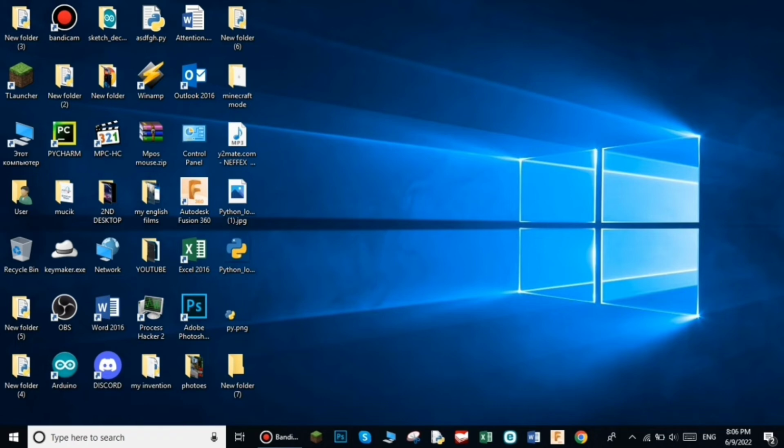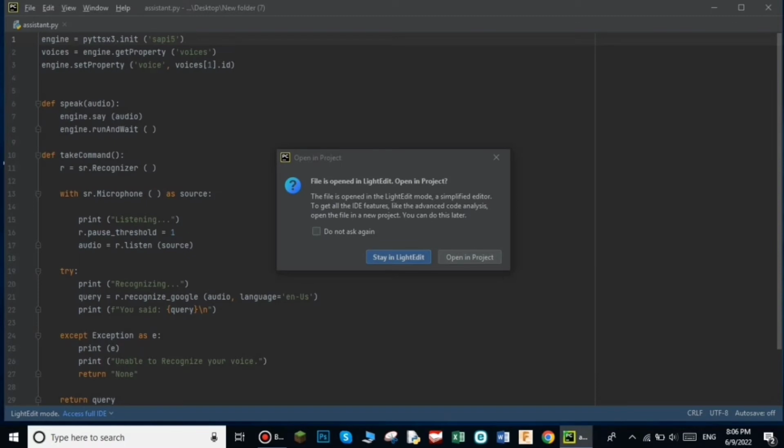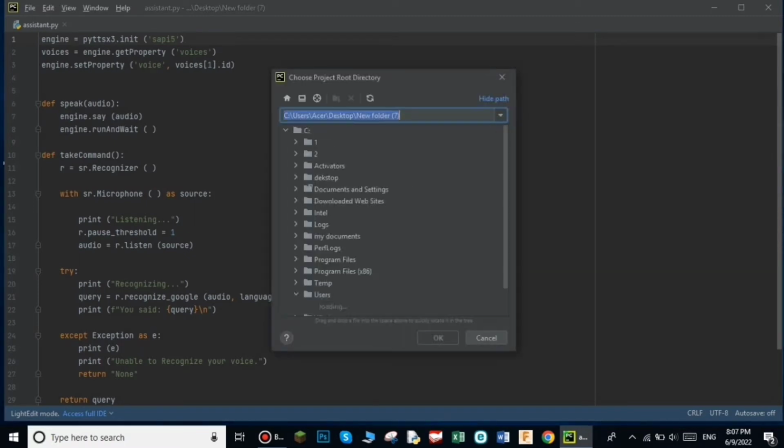I want to talk about my assistants. As you can see, my assistant works on a fundamental structure. Today I'm going to tell you how you can use this fundamental structure and how you can build your own assistant fundamental structure. After opening this page, you have to press open in the project category in order to open